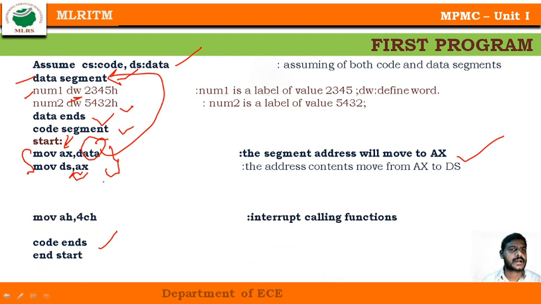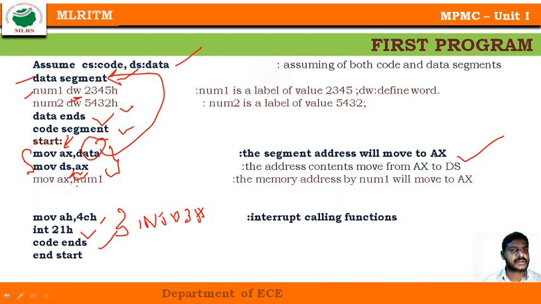Then this MOV AH, 4CH is nothing but an interrupt calling function, a BIOS interrupt, which is used to call the interrupt to terminate my program, along with INT 21H and 4CH, so that your program is going to end. Otherwise, instead of this, you can write one more command, INT 03H, which is also one type of interrupt. Instead of the other, I am able to write that.